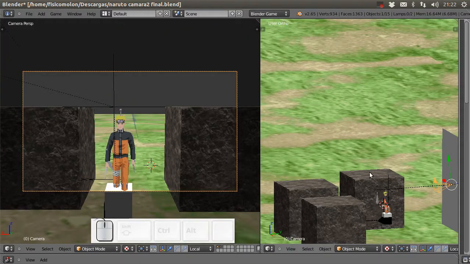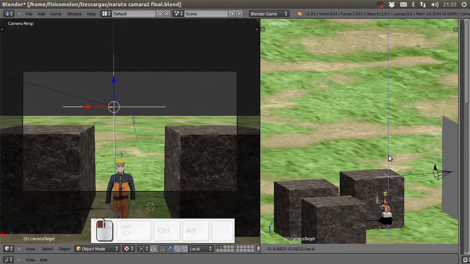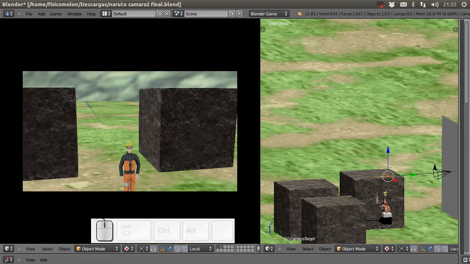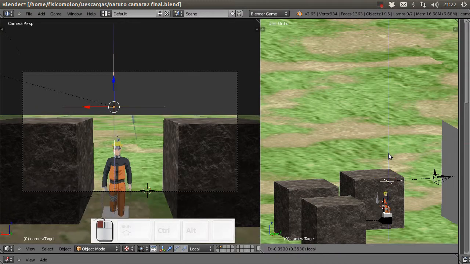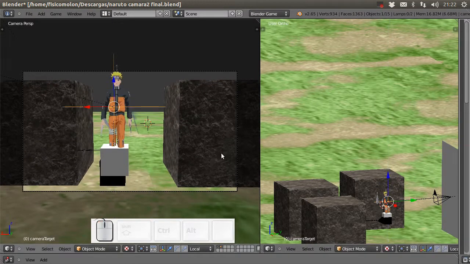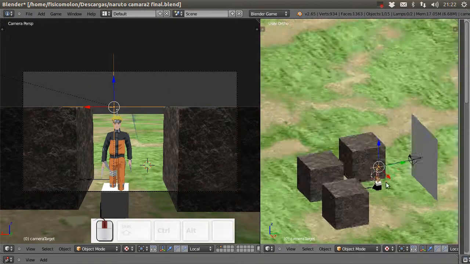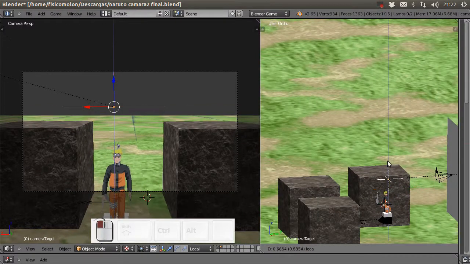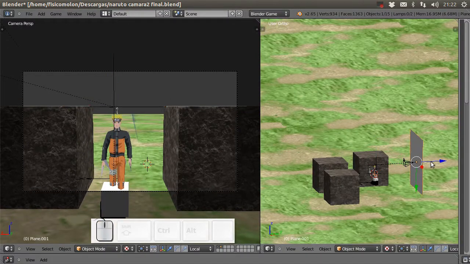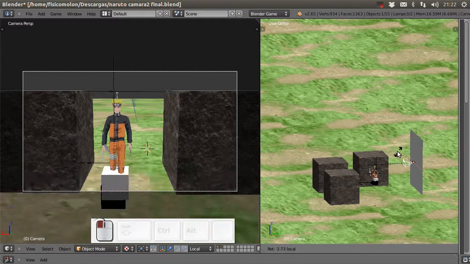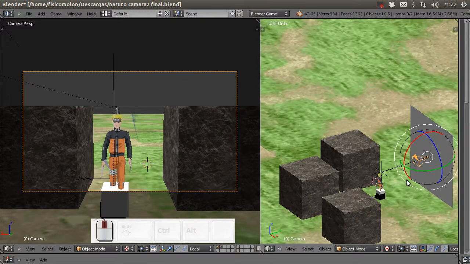You can move this empty. If I move up the empty, the view is moving too. Okay, like this. So now the position of the camera in the game is determined by the position of the empty and the position of the plane and the orientation, but not the position, only the orientation of the camera. Okay,